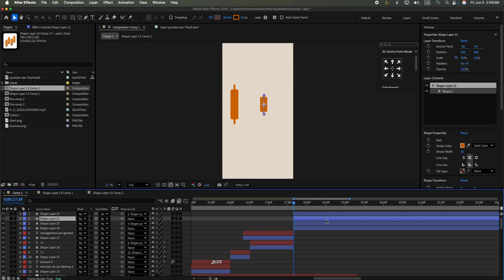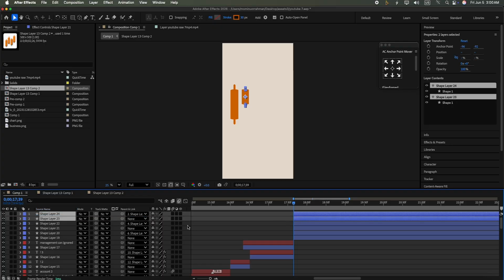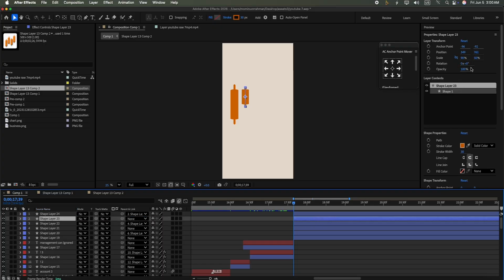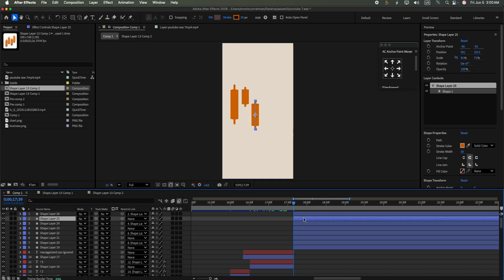Now again duplicate and set it, and I align to upper, and now again duplicate the two layers, and now its positioning, take some right side and align with down. Now increase the scale 95% and 75%. Now again duplicate the two layers, and then the positioning takes some